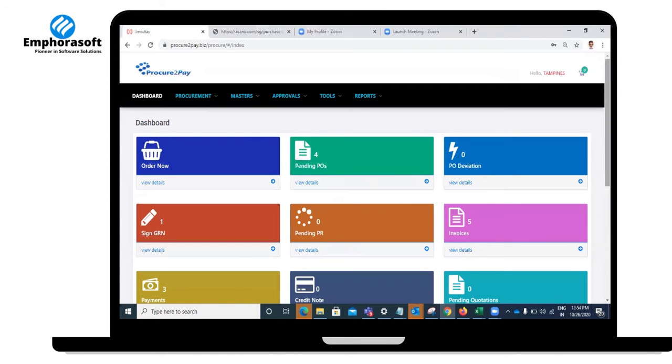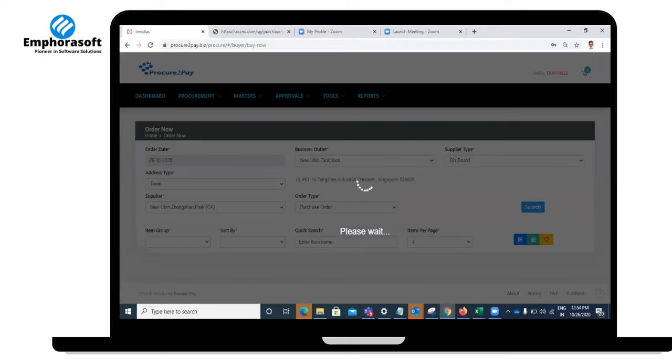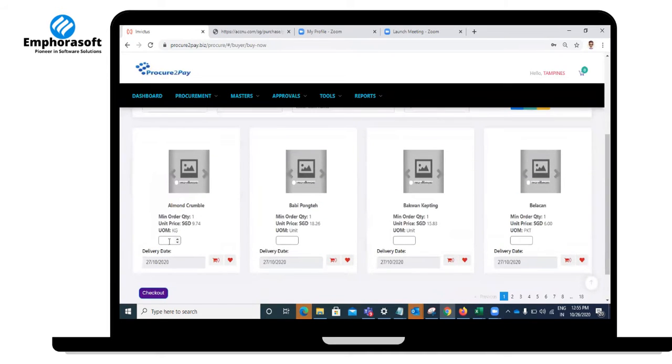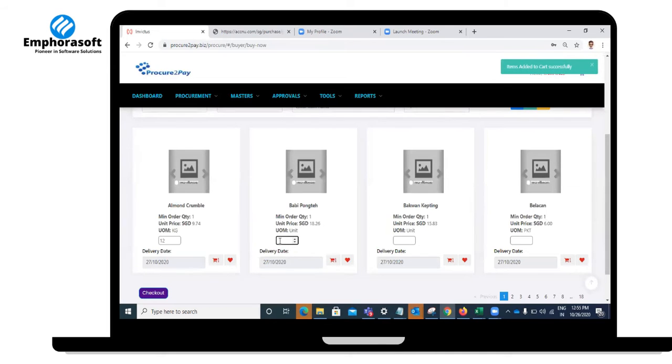If you see the ordering process, the buyer selects his supplier and then places an order. Here you can see the items: this one says 12 quantity, this product says 7 quantity, and this one says 10 quantity.